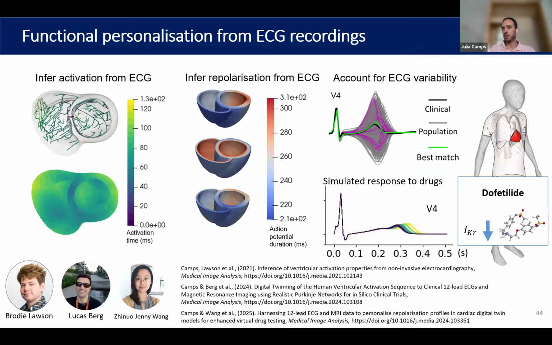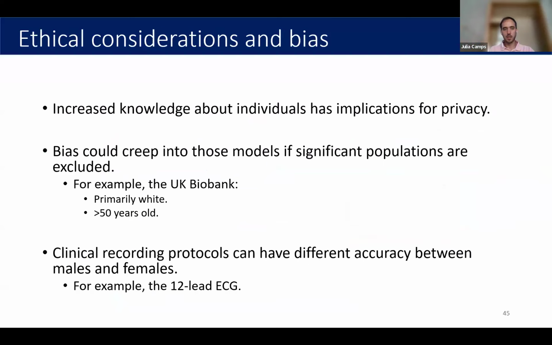To go beyond that and actually complete the study, we will need to translate this to a monodomain model for each person in the UK Biobank that we selected, and then run the test of the drug there on that large virtual cohort. Cool. So just to wrap up this part of the tutorial,